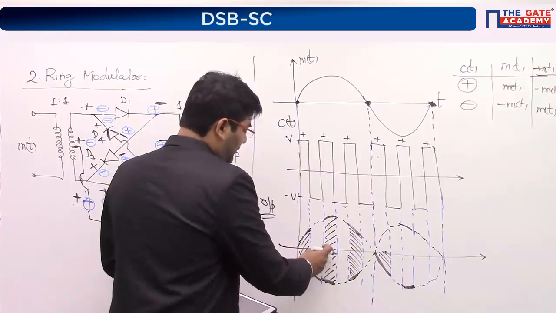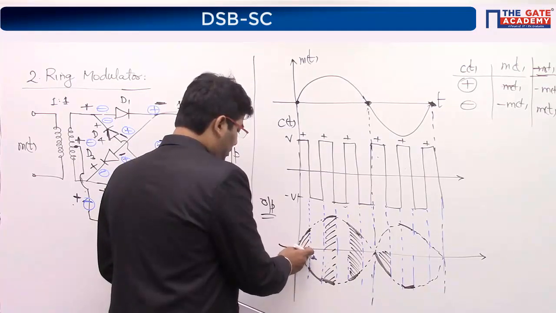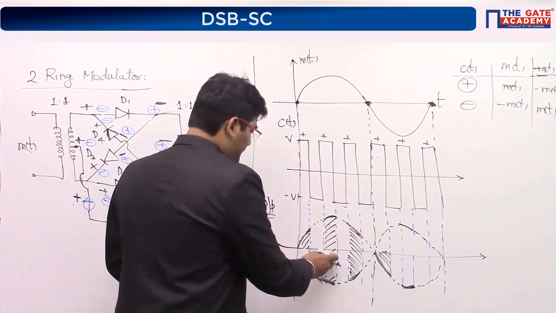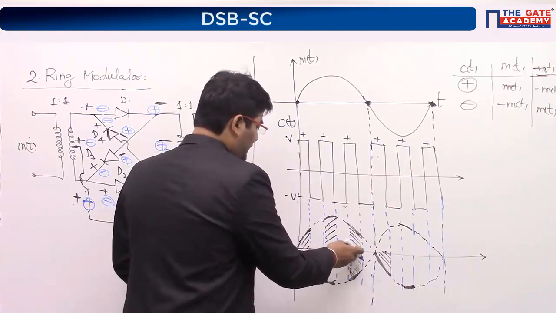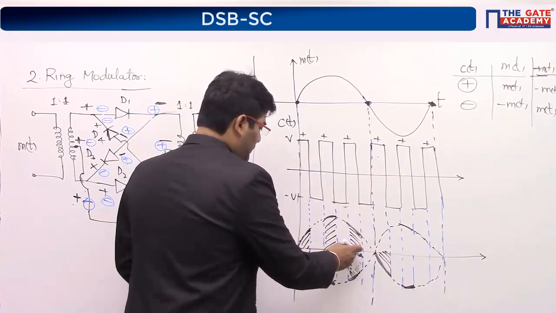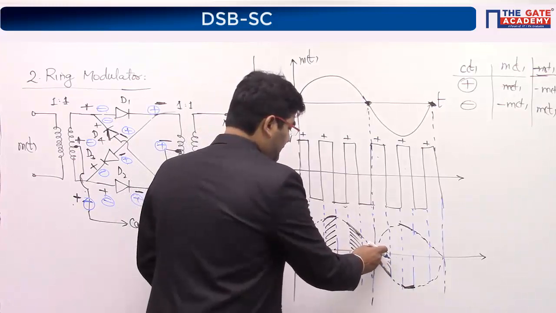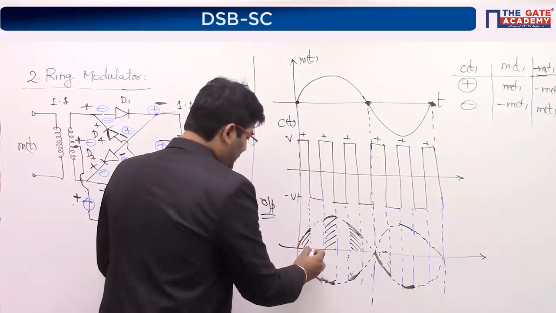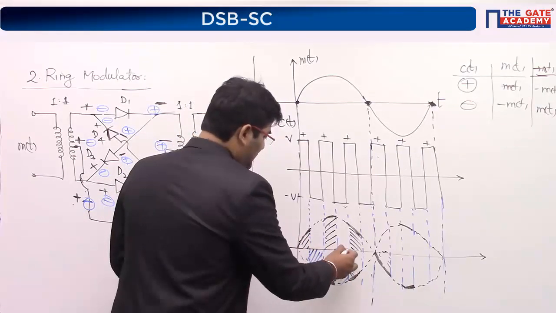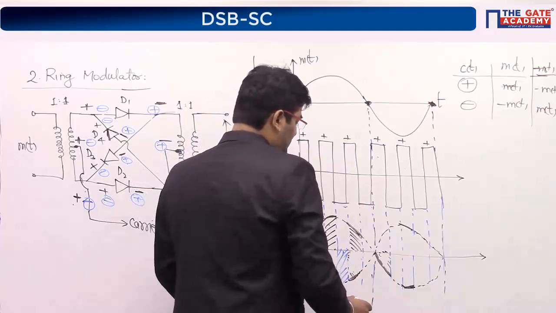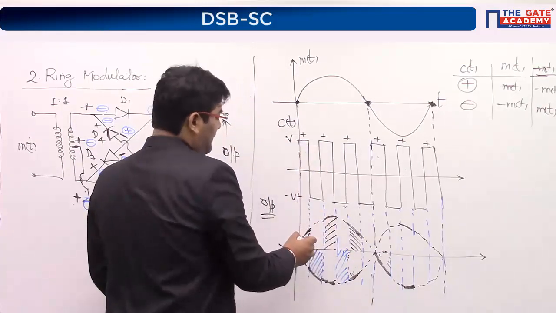It will not come complete, guys. It will just be the top part. Sorry, guys, it will just be the top part. Please change it. So you will get mt plus mt, not the negative part. Okay, so please change it. So this is what you will get, and then you will get this. Yes, alternate. Then you will get this. Okay, similarly, you are getting, guys, this is plus and this is mt plus, you will get this part.